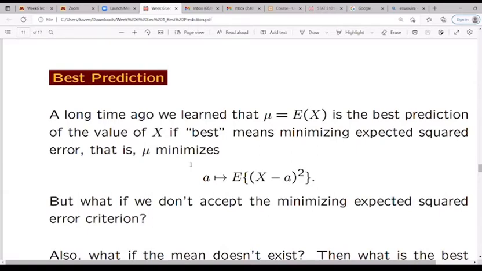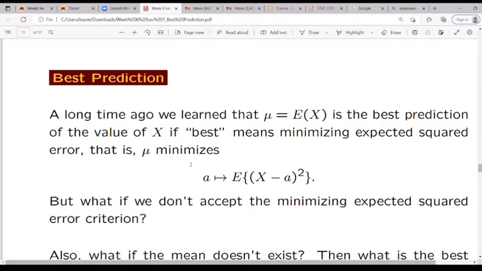I'm going to say that again. Whether to choose between the mean and the median as a prediction, as the best guess, as the best prediction, actually depends on the criteria you are using. Because anytime you have a guess, there's always going to be a loss function that we want to minimize.